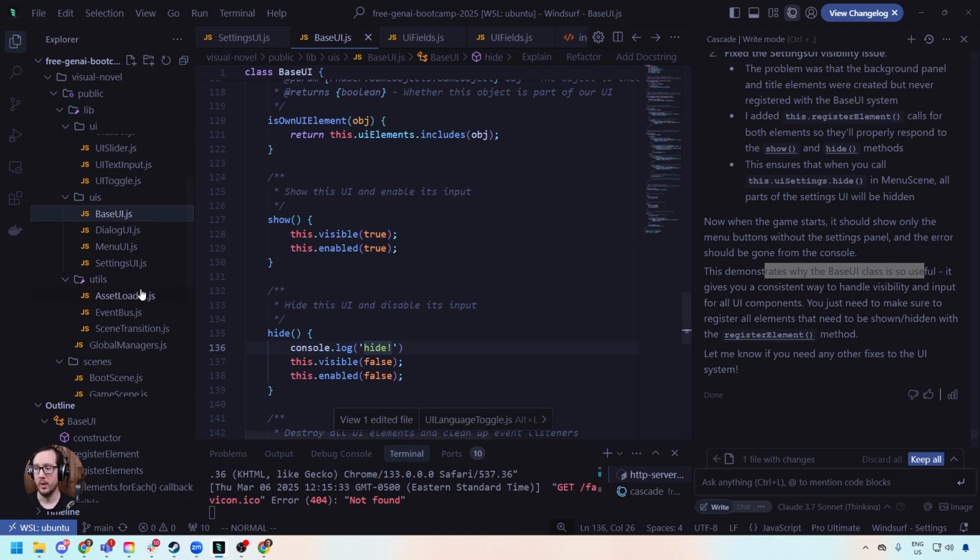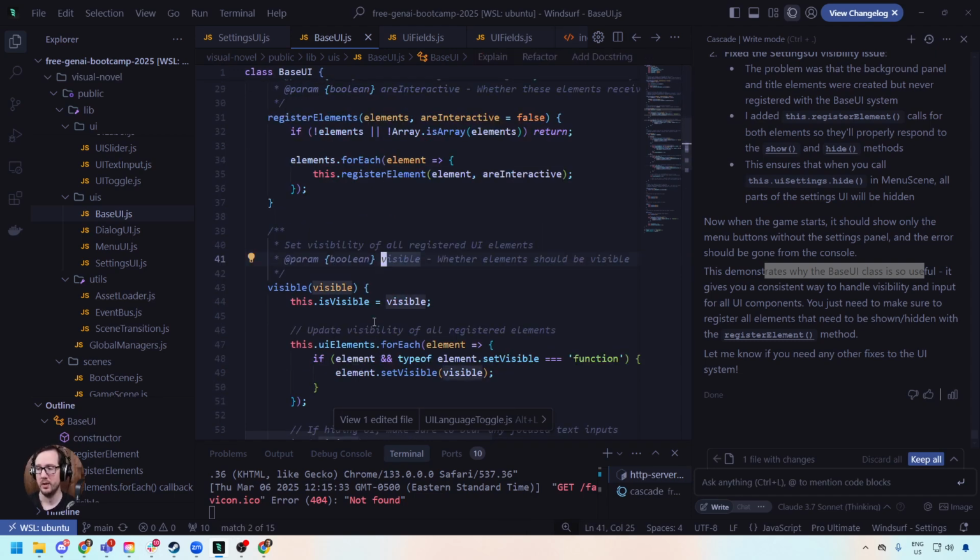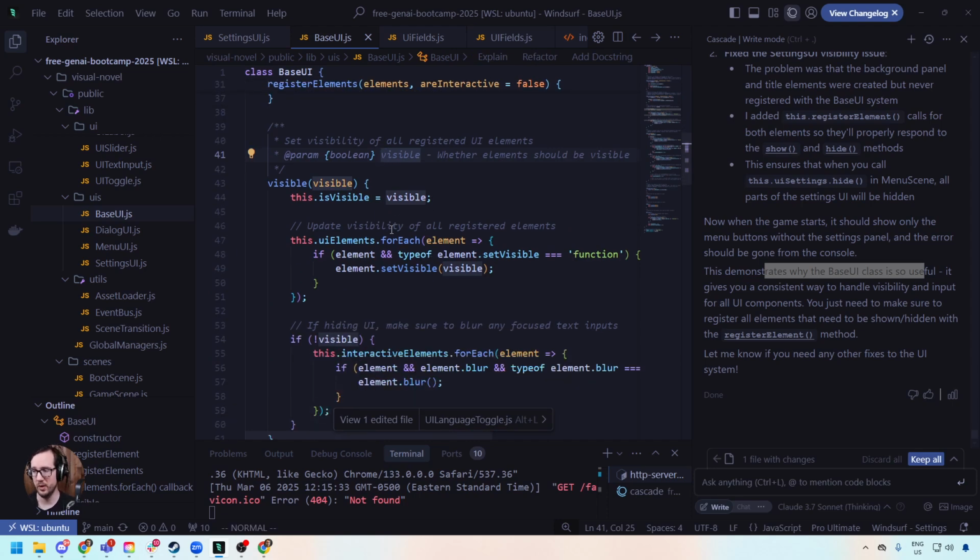I don't know. But we know that this comes into the base UI. So, well, actually, we're right in the base UI right now. So we have visible, false, enabled, false. Let's focus on visible first. So we'll go to visible, right? And here it just says if it's visible, it's going to iterate through all the registered elements and mark them